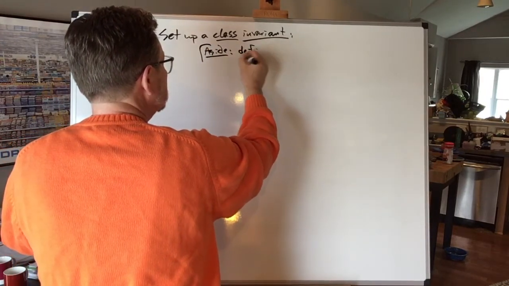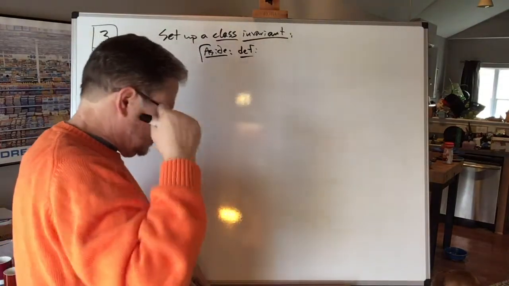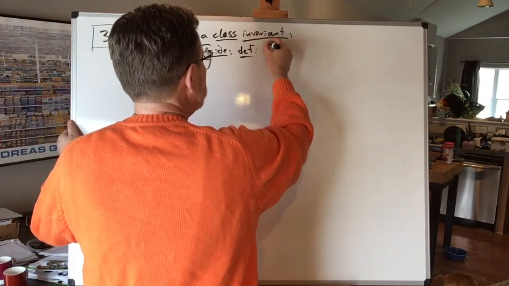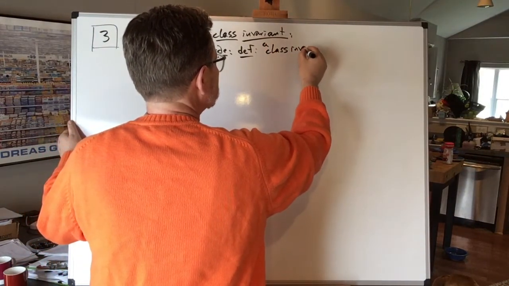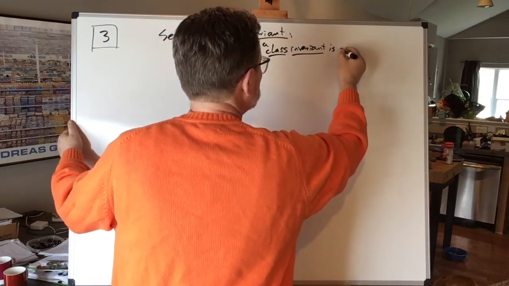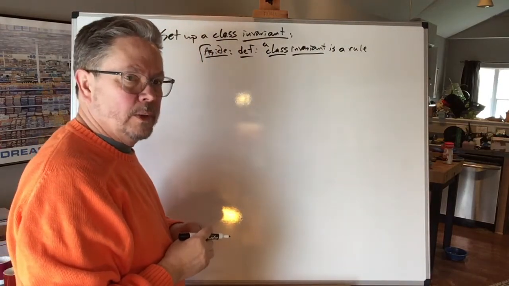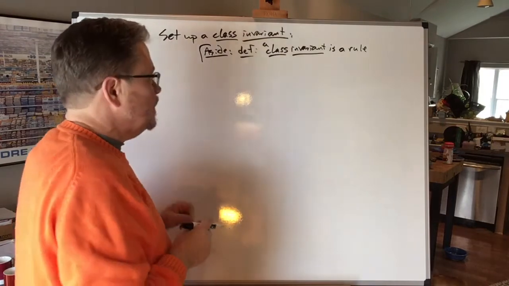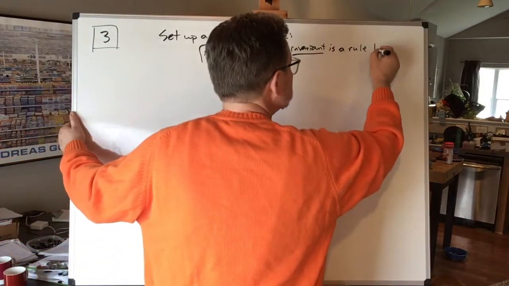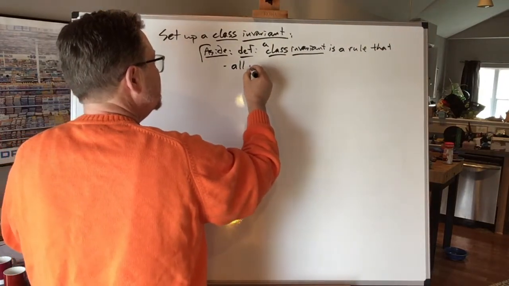Definition. An important definition. I'll have to remind myself not to say important. All this is important. Class invariant. A class invariant is a rule. It's a rule for ourselves as we are developing a class, a type of objects implementing an ADT. A class invariant is a rule that, couple of things, all member functions